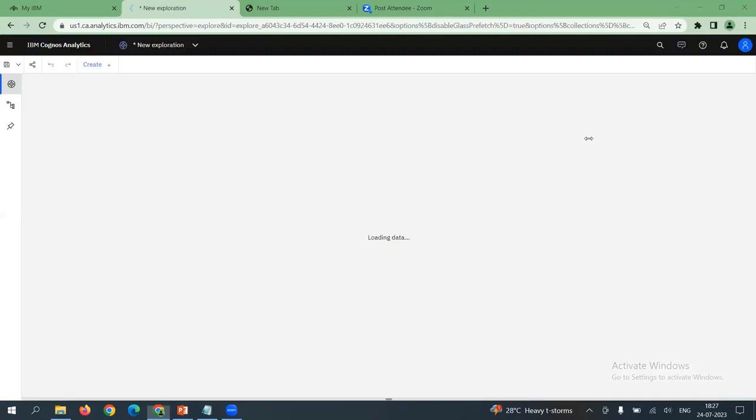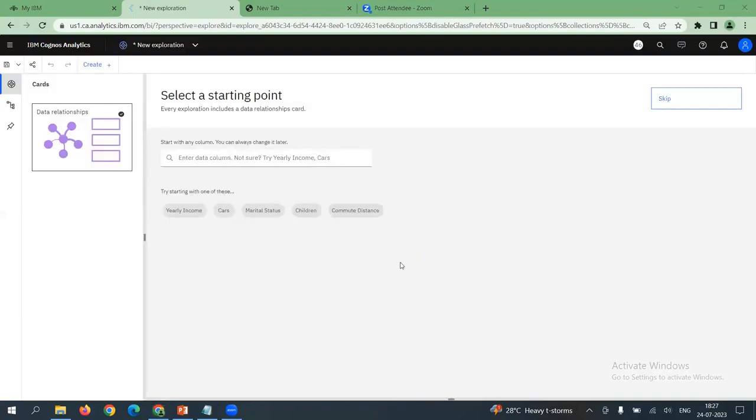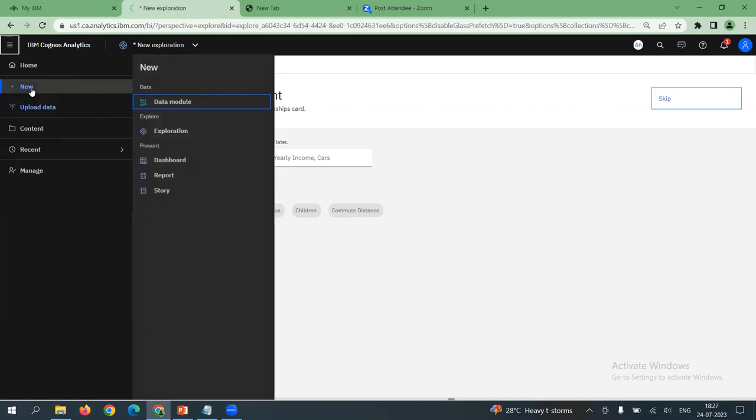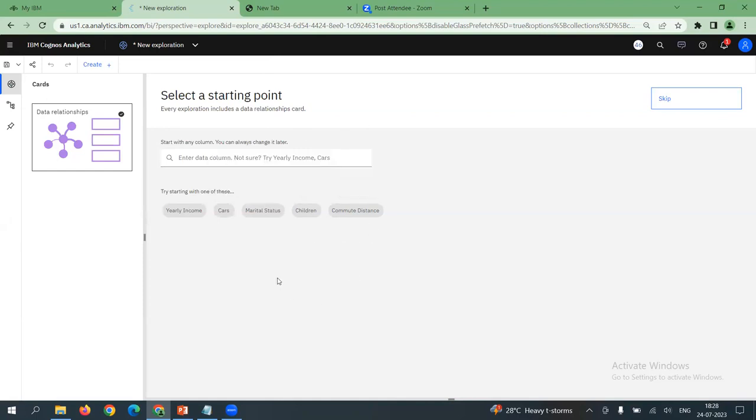Now I'm redirecting to the exploratory data analysis section. As you recall, first click on the open menu. This is the open menu, and click the new command button. As you all can see, when you click the new command button, you have under the menu item explore called exploration. Once again, participants, click on the open menu on the top left corner. In the drop down, click on the new option. In the new option, the activity that we are going to choose is exploration. So please click on exploration. This will redirect us to the exploration page.